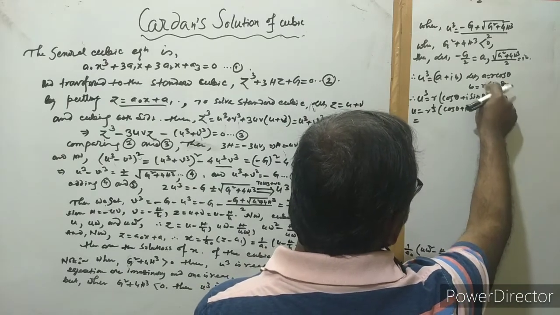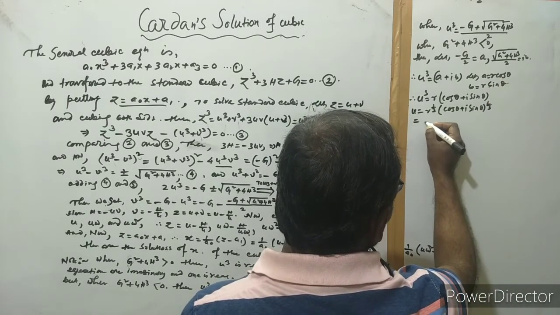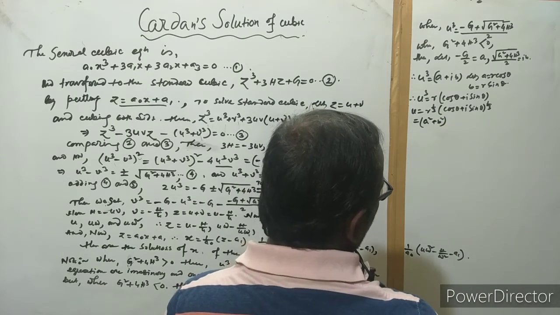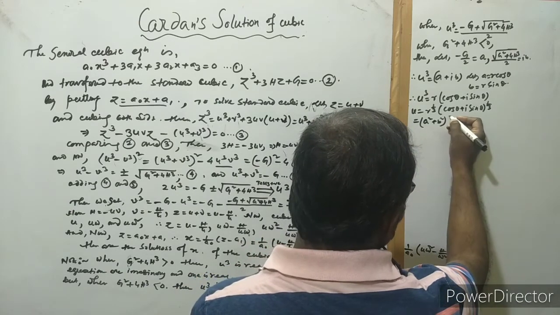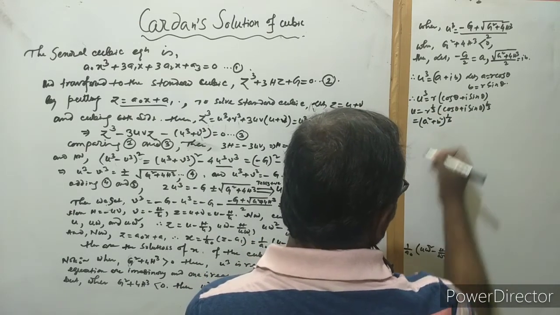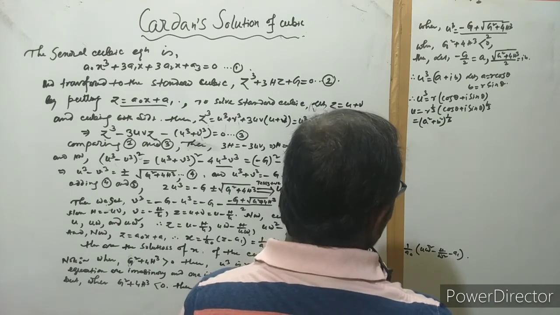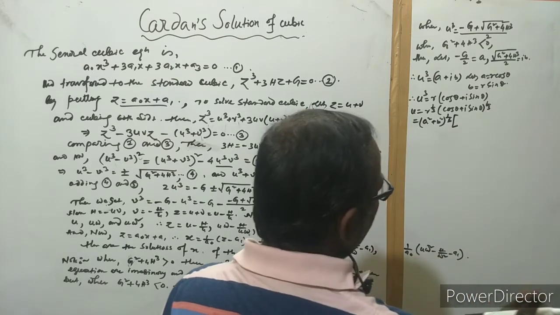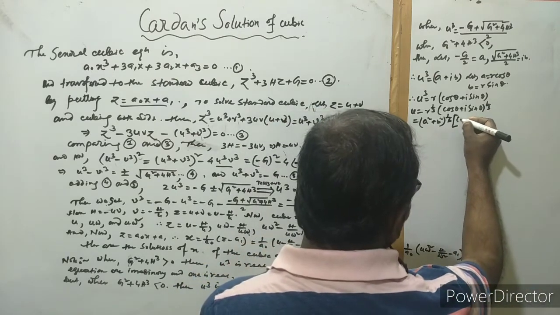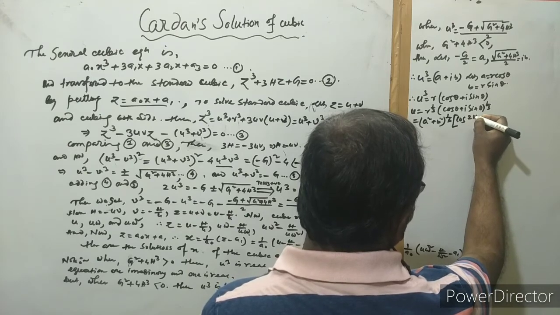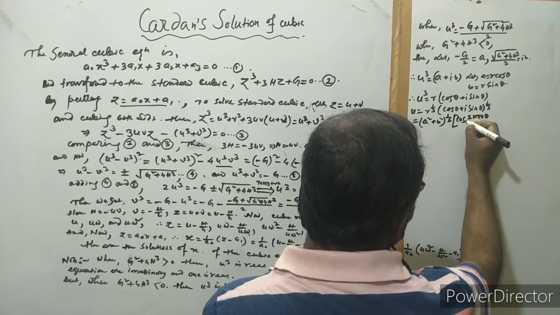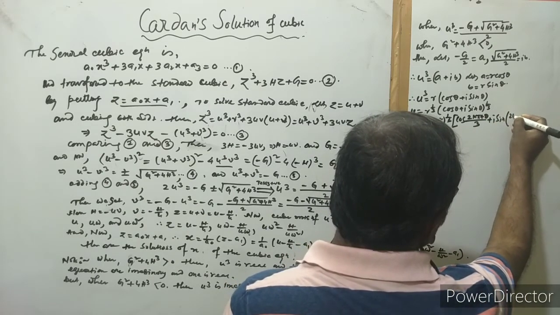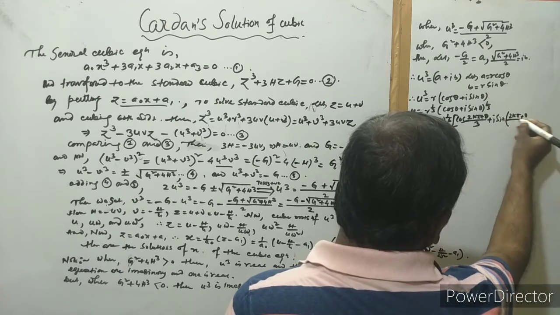Here R is equal to the square root of A square plus B square, so this is (A square plus B square) to the power 1/2 for R, and to the power 1/3, so the exponent is 1 by 6. Since the power is 1/3, you have 3 solutions, so you can add 2k pi plus theta, giving cos of (2k pi plus theta) by 3 plus i sine of the same angle (2k pi plus theta) by 3.